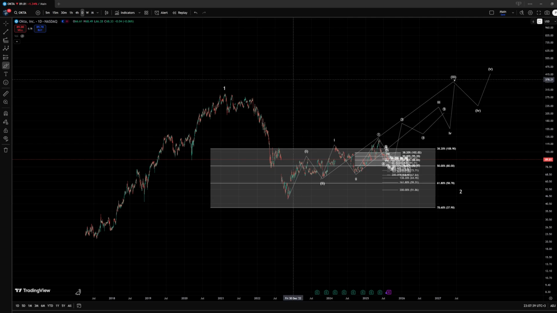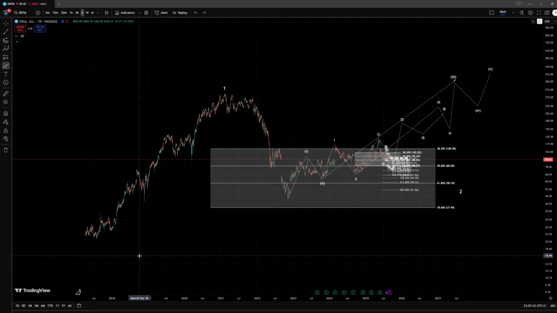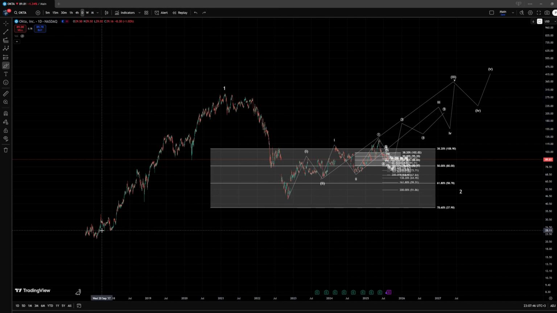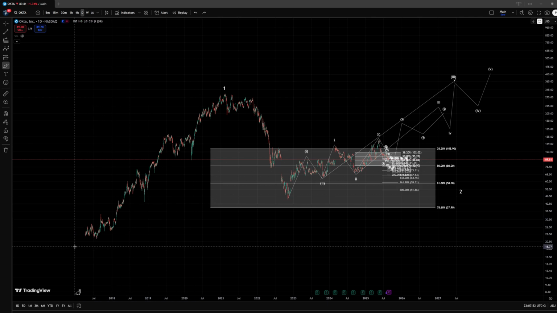In this video we are looking at OKTA, and here we have a 1-2 setup. Now the wave 1 is a little bit questionable. I think I would rather consider it a leading diagonal, and I do know that the IPO had it start at like $17, so it might not necessarily be the lowest point, but to be honest, Elliott Wave theory focuses